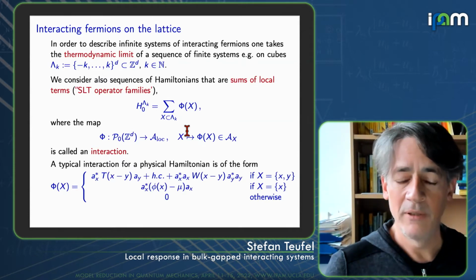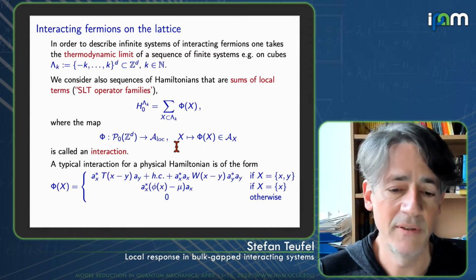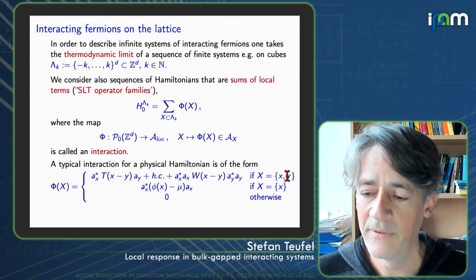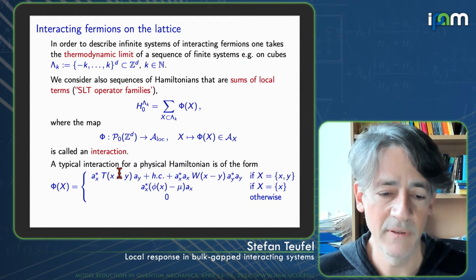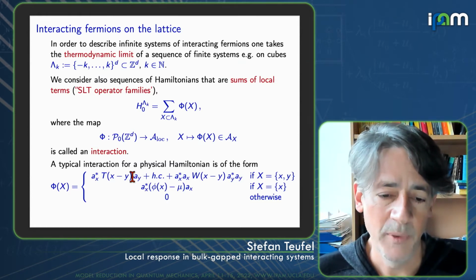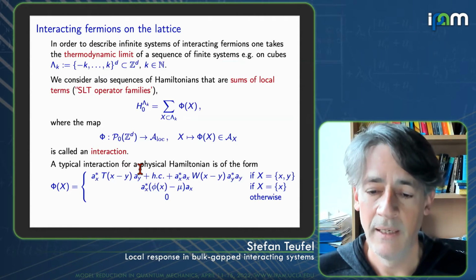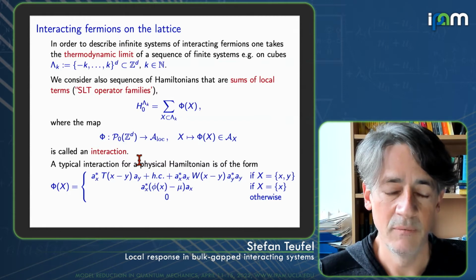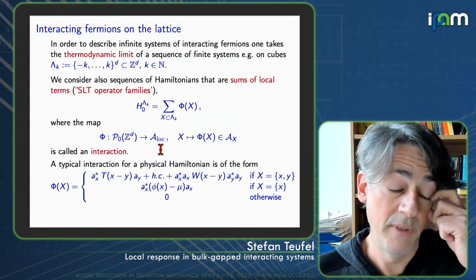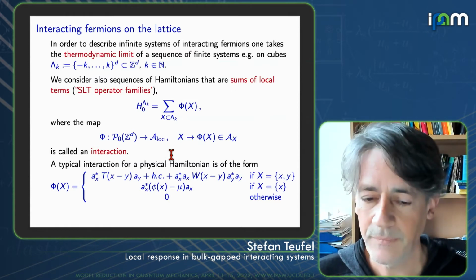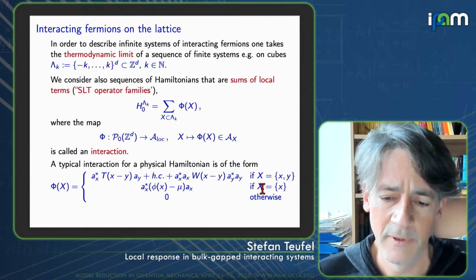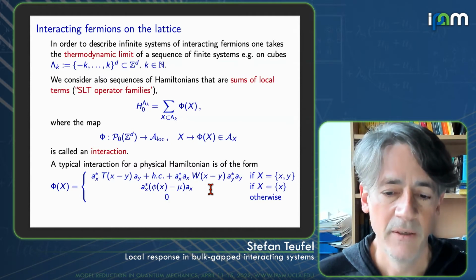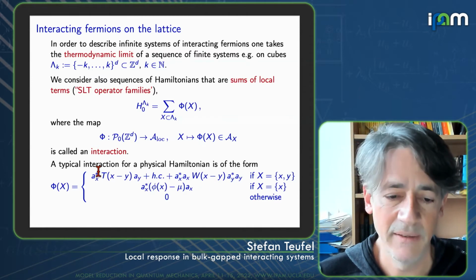And the typical interaction we would be interested in, modeling maybe a quantum Hall system, would be of that type. We would have operators that are supported on either two points or one point. Those on two points will be so-called hopping terms, kinetic energy terms, and for example density interaction terms. So W would be an interaction potential, and T would be the discrete kinetic energy operator. And then single site terms, the external potential or the chemical potential, which we will have to introduce. So that would be, for example, if W would be only on site and this would be nearest neighbor,